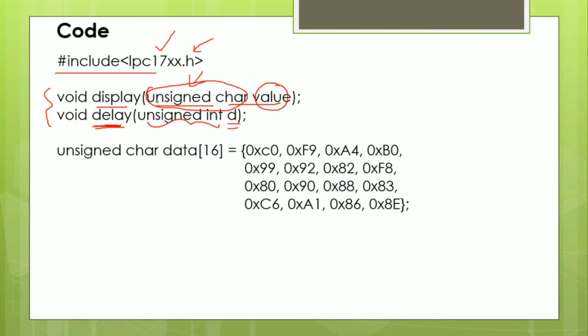Now the first one is unsigned character. I have to define this. I am defining a global variable here where unsigned character is an array. It is an array whose name is data. It is having 16 elements in it. Which are these elements? These are